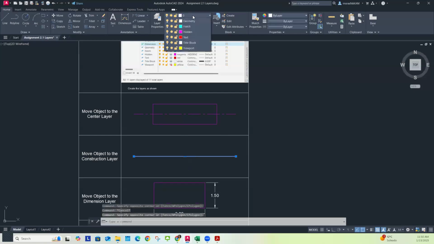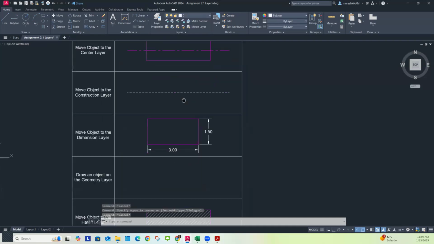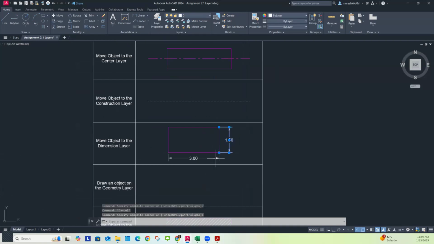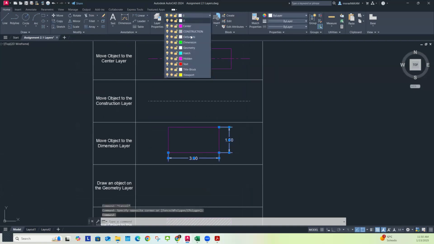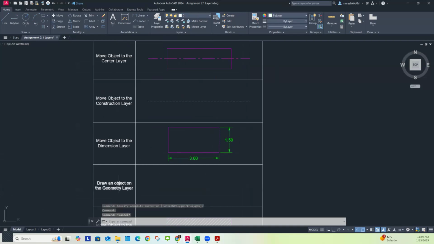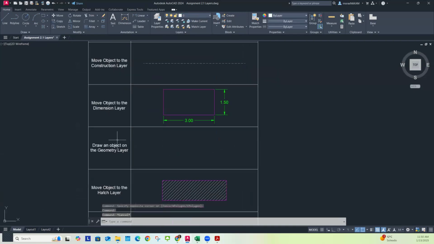I'm going to move this one to the construction layer. I'm going to move these to the dimension layer. And now it says draw an object on the geometry layer. So it could be any object. It could be a circle, some lines, whatever. So I'll go ahead and do a polygon. And I'll say number of sides, 7. So I'll have the center here. I'll say inscribed, and